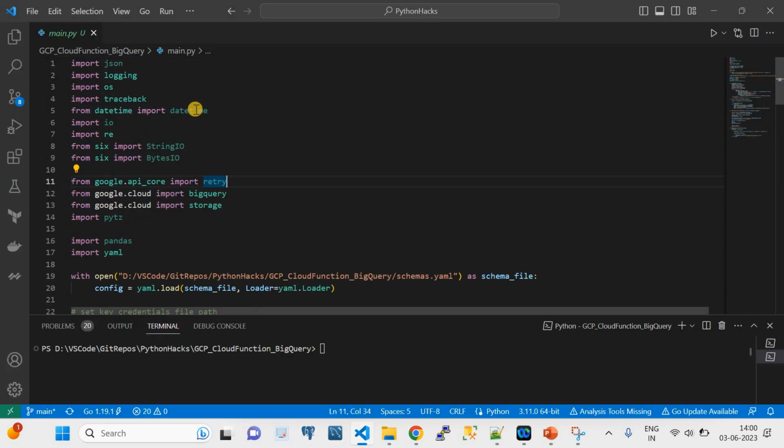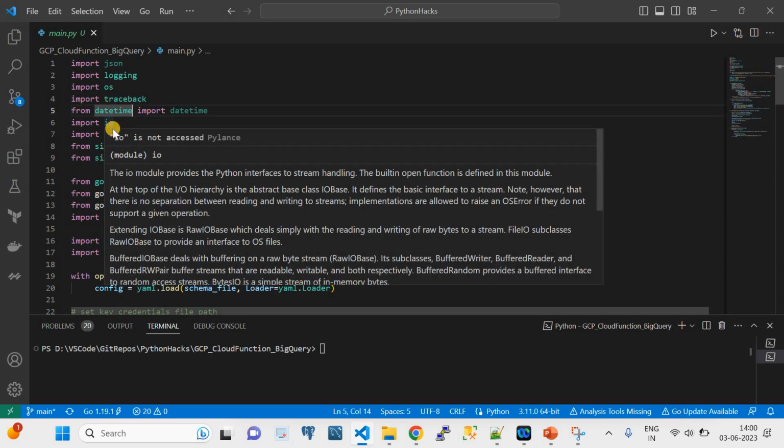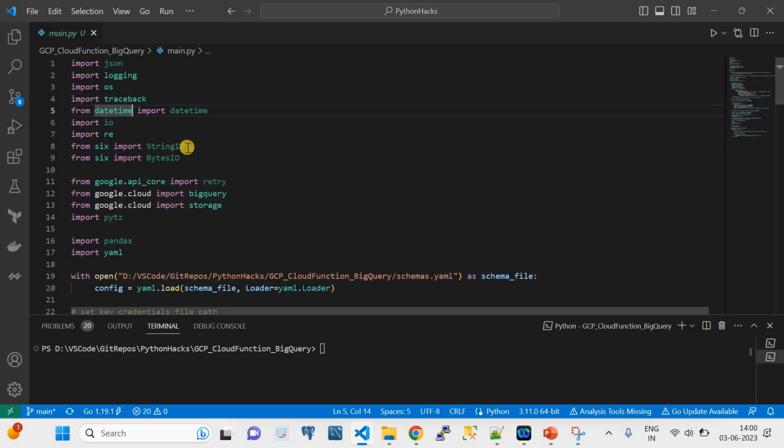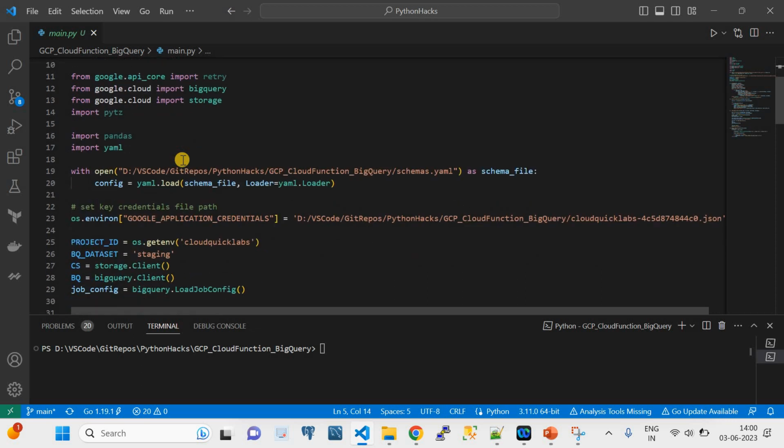So let me quickly walk you through this code. Here we are importing multiple packages required for this code execution: json, logging, os, traceback, datetime, io, regular expression, StringIO, BytesIO, and then retries, then BigQuery and storage, which are the major services that we are dealing with. And then we have imported pandas and pytz, which are not used, so we can just remove them, because if I try to find pandas,